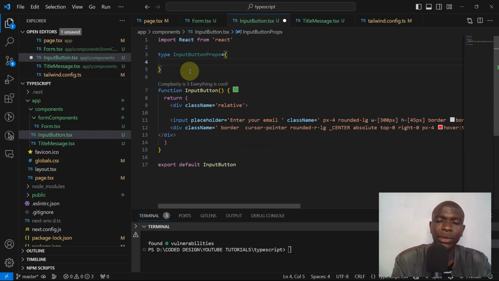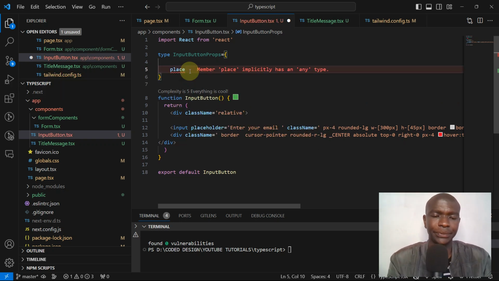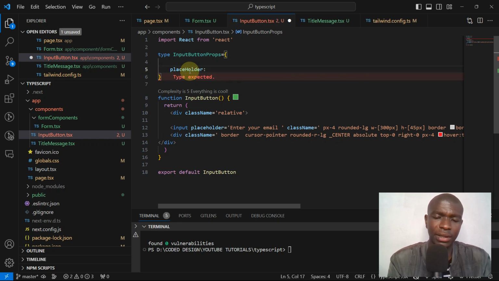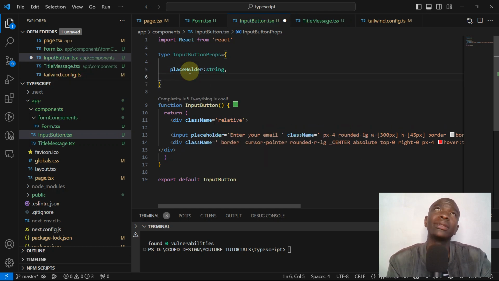Okay, we want to receive a placeholder as a string. What else? We want to receive, in terms of the border color, let's just leave them as they are for now. We don't want to make this complicated. I'm just giving you the idea. So I'm hoping you can continue on your own to change the border color. And then we want